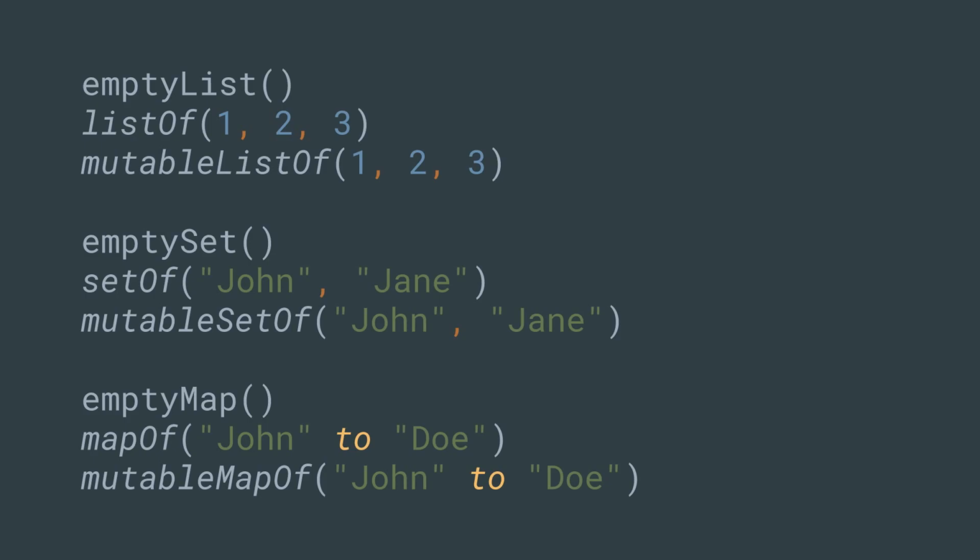There's also a variant I didn't put here, mostly because of space. You can explicitly ask for an arrayListOf, if for some reason you're using an API that requires that particular type, they also give you helpers for that. But this is most of what you'll use on a day-to-day basis. There's some weird stuff here on the mapOf that's the to thing. What that to actually is, is an extension function that's defined on any.